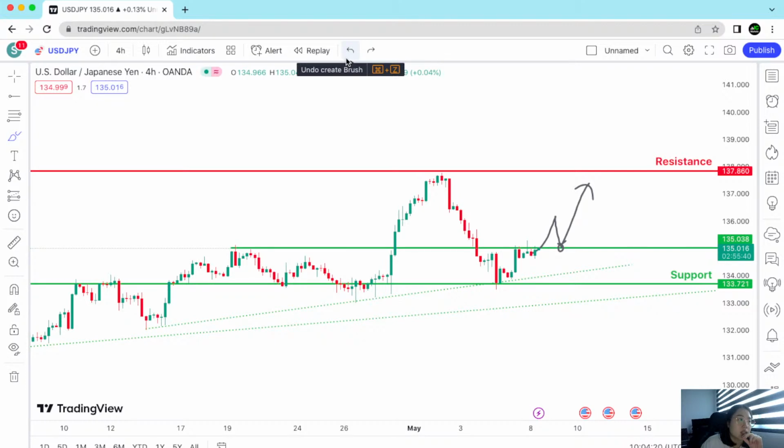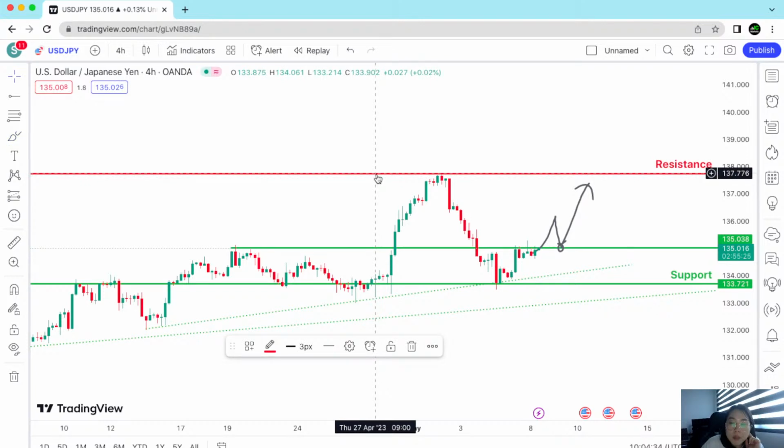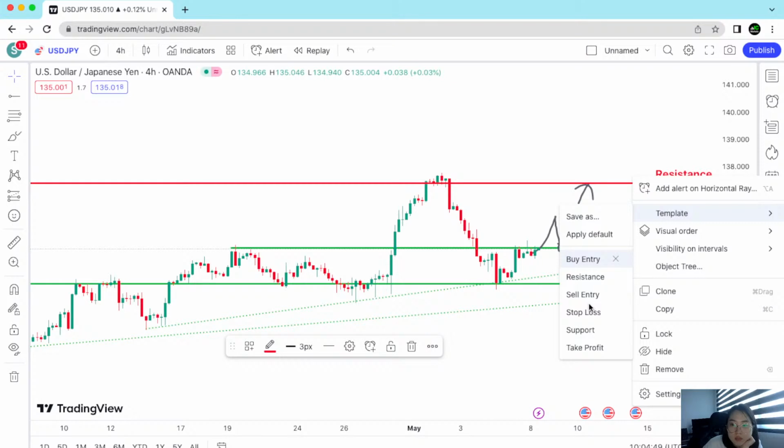Buy to where? I want to put the buy here at this highest point, but that's being very ambitious. So we're just going to move it slightly below. The aim is ideally price should reach this swing high here. But in the event it doesn't reach and falls short, at least our take profit is here. Take profit, buy entry.